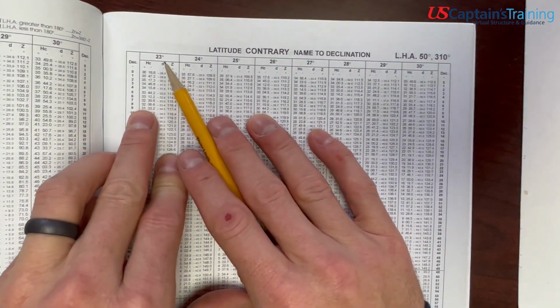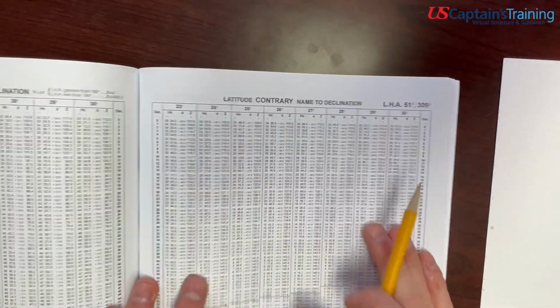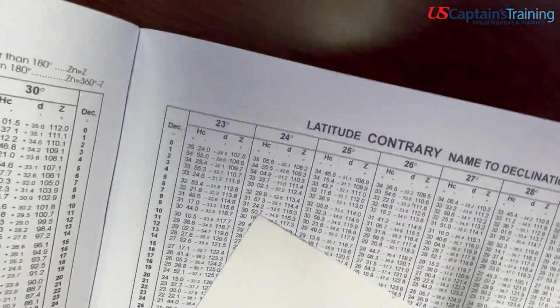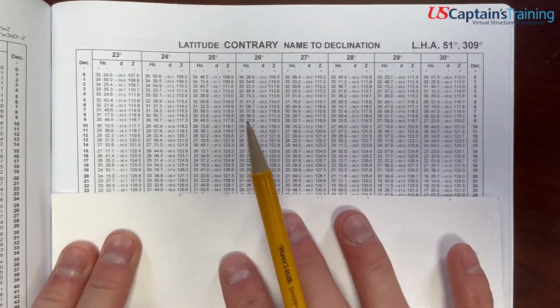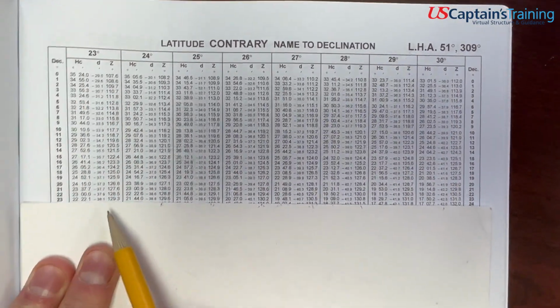No, 309. There. Contrary, 309, 23, and deck of 23. Okay, contrary, 309, 23, 23,